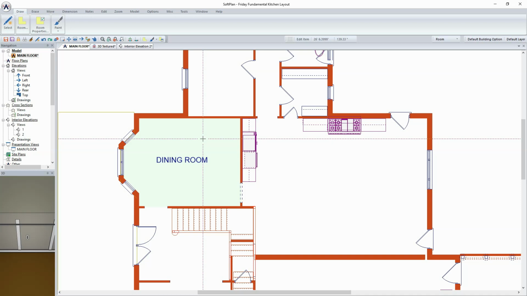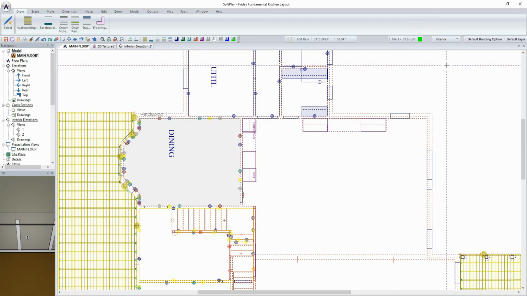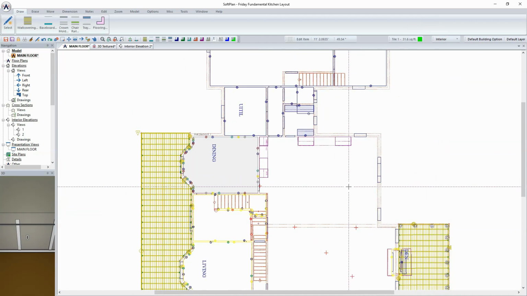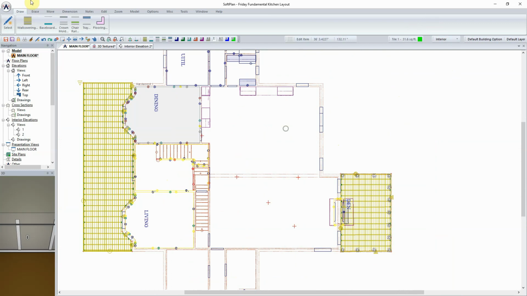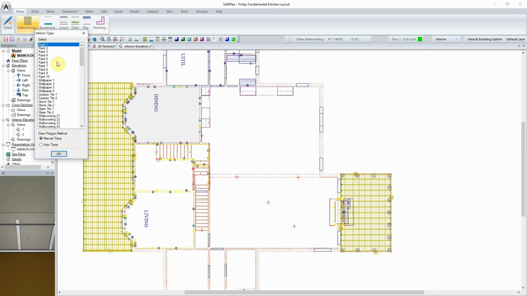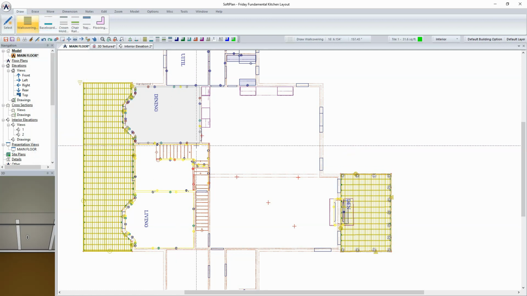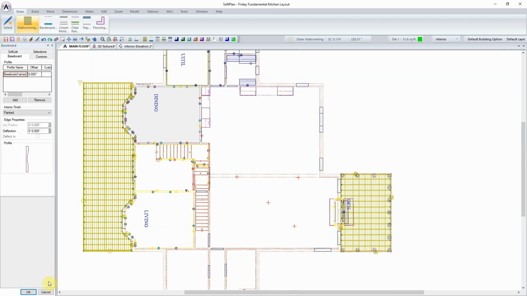Now, with interior mode, you get to build all of the polygons that are associated with the room, but you get to put them in on an individual basis. So, for example, depending on what it is, when I change into interior mode, across the top I've got a number of items. So I could begin with, for example, wall covering mode. Now, if I come in here and I pick paint number 1, for example, and I do an auto or manual trace even,